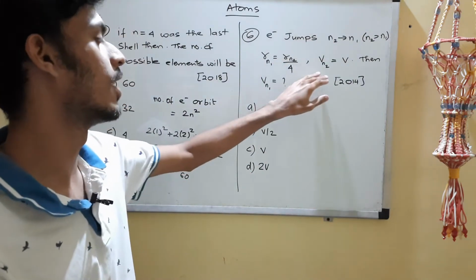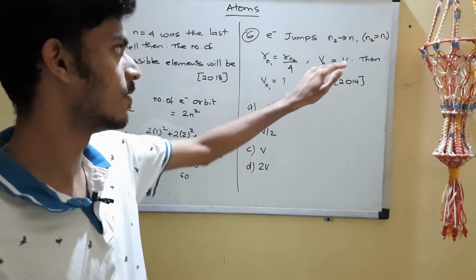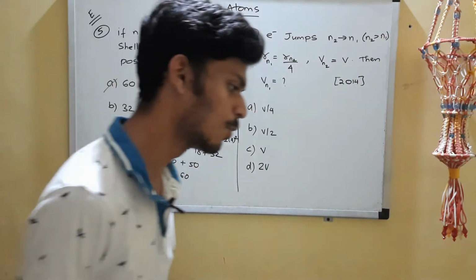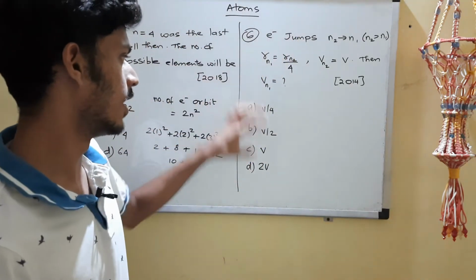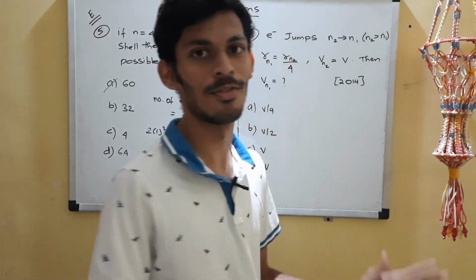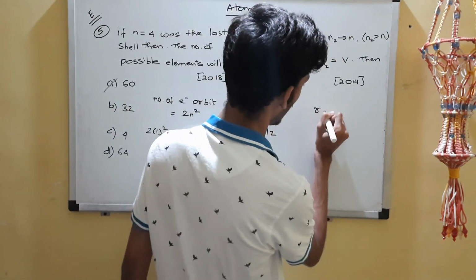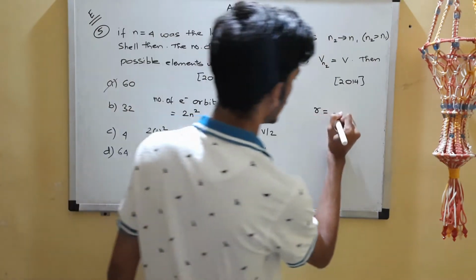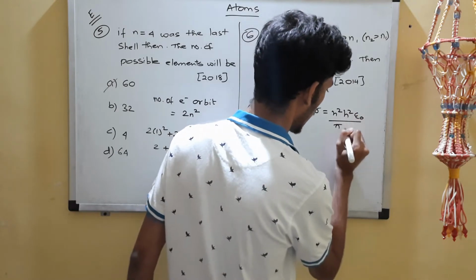You are told that the velocity of the electron in the n2 shell is v. Then you are supposed to find what is the velocity of that electron in n1 shell in terms of this v. Now here you are supposed to know certain formulas which are a little bit subtle. Let me tell you those formulas, where r is given as n square h square epsilon naught upon pi m